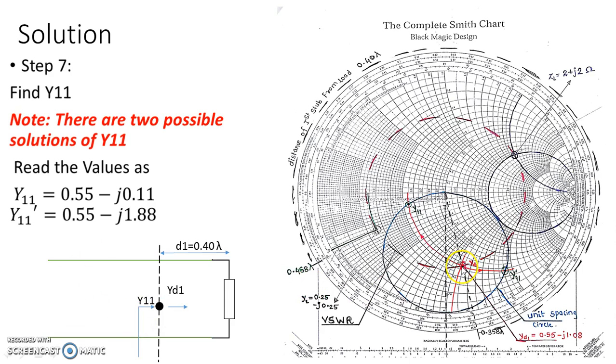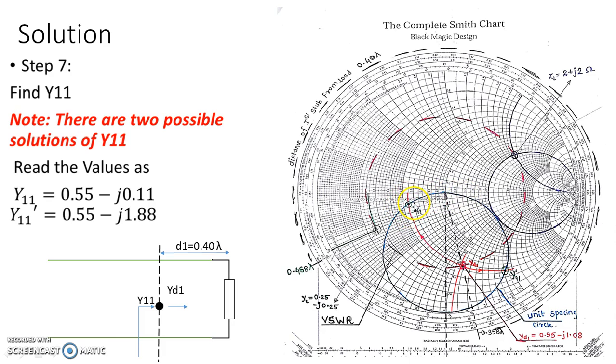So from YD1, we will move on the unit resistance circle, and wherever that unit resistance circle intersects with the spacing circle,